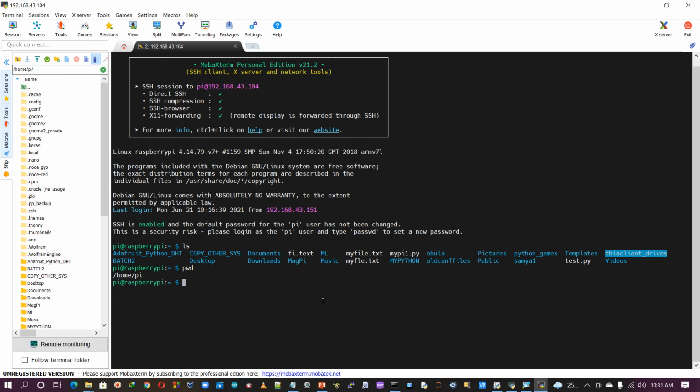Once again guys, after knowing the IP address of the Raspberry Pi, you can access your Raspberry Pi on your Windows machine through PuTTY, and through VNC. Second way, you can access the Raspberry Pi on your machine through Remote Desktop Connection, and the last way, through MobaXterm you can access it. So this is the way. We have so many topics here, so I will discuss each and every topic in the next demo guys. Time is not permitting me, so I'm closing the session here.